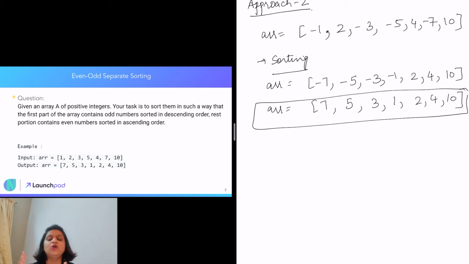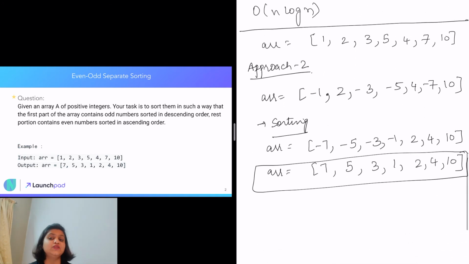So we will not have proper segregation in that case, which we have in the case of positive integers.